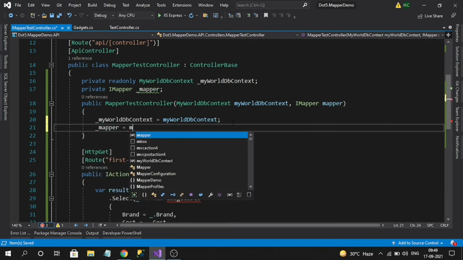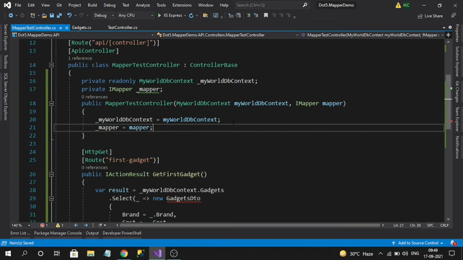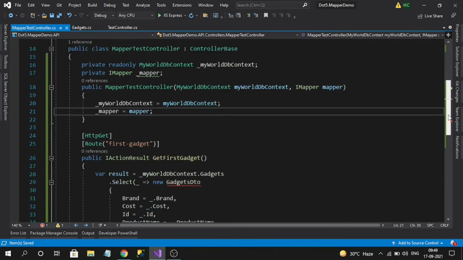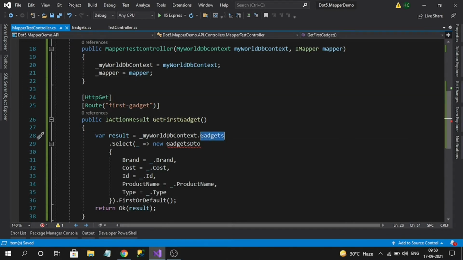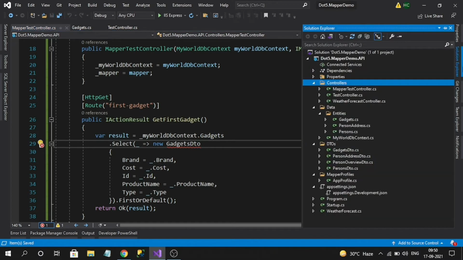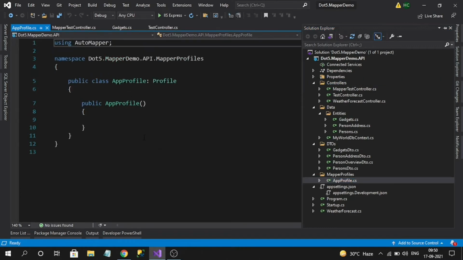So I have IMapper where I can now map two objects, but IMapper only maps the objects which are registered in the profile. So here my source object is gadgets, destination object is GadgetsDTO, right? To do that, I have to register them in the profile.